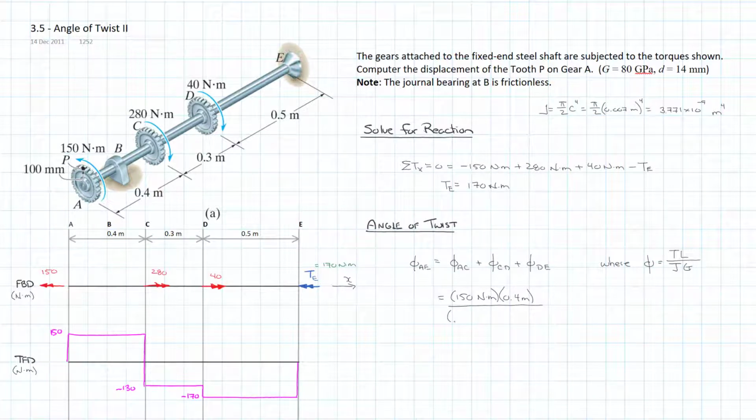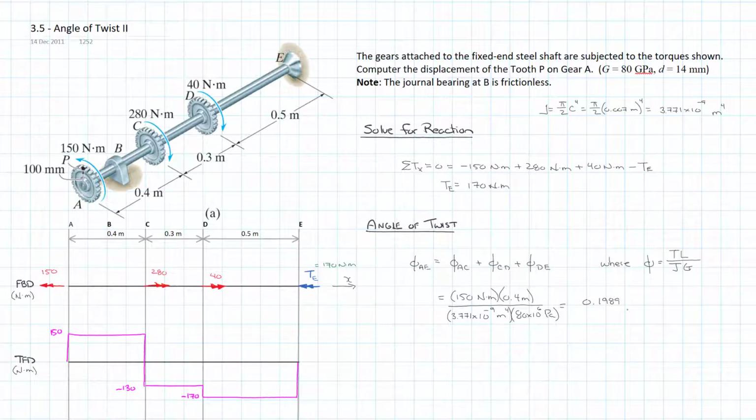And then we have to bring down our J, 3.771 times 10 to the minus 9 meters to the fourth. And our shear modulus, going back to the question, is 80 GPa. So that's 80 times 10 to the sixth pascals. And that will calculate out and give us an angle of rotation between A and C of 0.1989